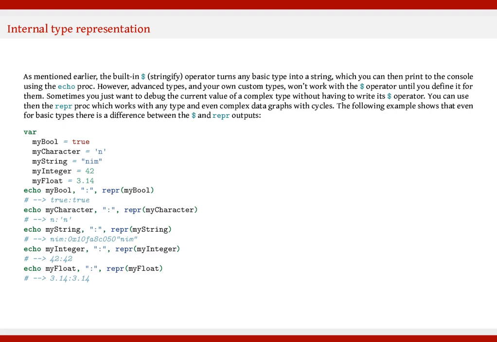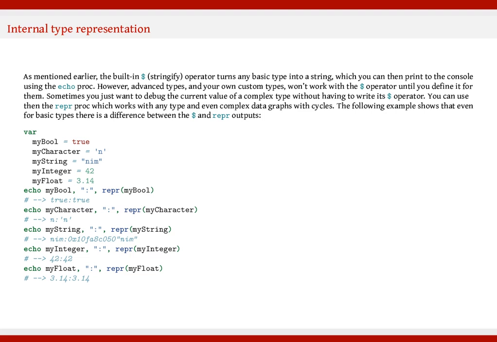The following example shows that even for basic types there is a difference between the $ and repr outputs. var myBool = true, myCharacter = 'n', myString = "nim", myInteger = 42, myFloat = 3.14. echo myBool, repr(myBool) # true true. echo myCharacter, repr(myCharacter) # n 'n'. echo myString, repr(myString) # nim 0x10fa8c050"nim"